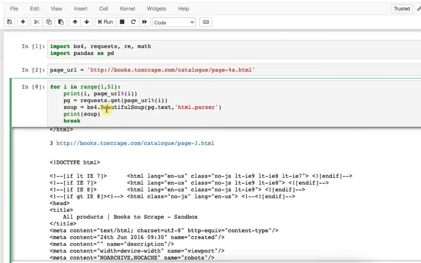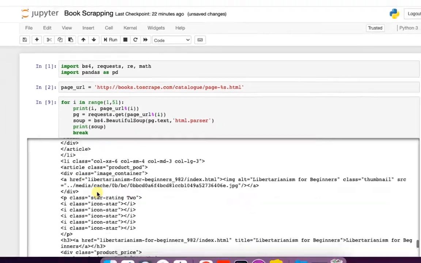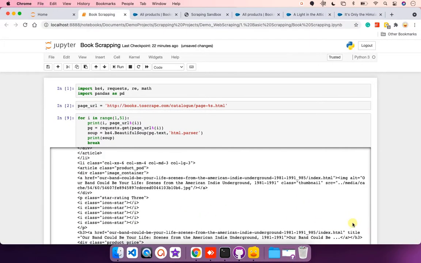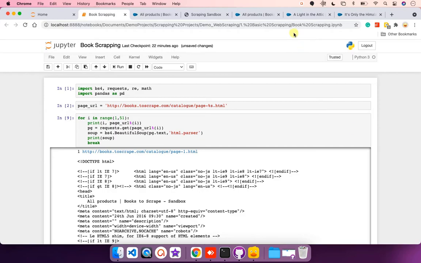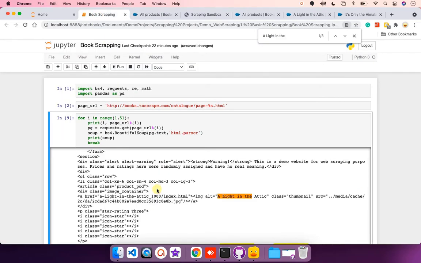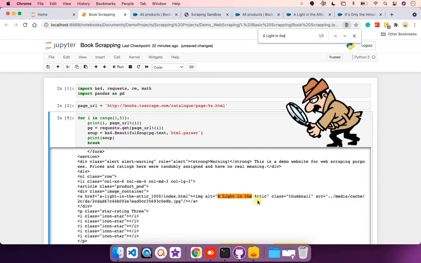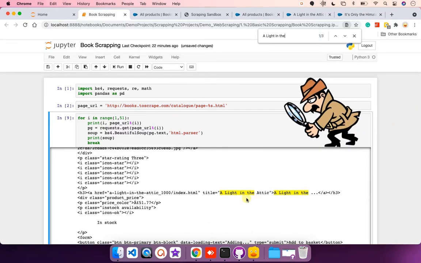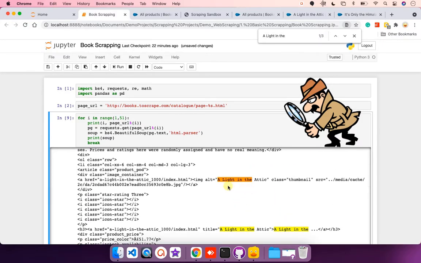Now it's time to fetch content from HTML tag. So we will locate the element in the HTML content. I'll copy this first book and search in our HTML content. Let's become detective now. Do we find any pattern or logic to fetch book name or book URL? I can see this book is enclosed in tag A and also in image tag. So we can extract the book title or URL from either of these tags.